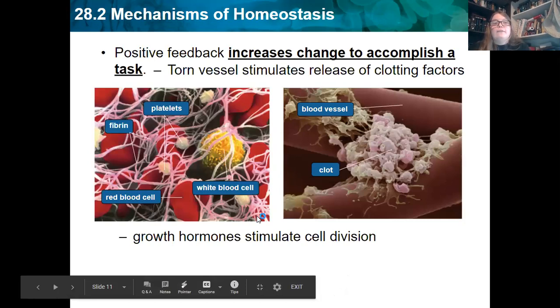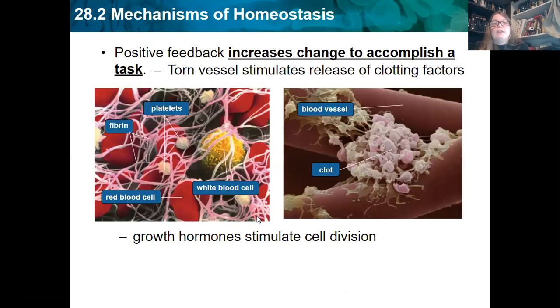Okay, so there's two kinds of feedback. There's positive and negative feedback. So positive feedback, we want to increase the change. So if something happens, we want more of that to happen. So when you bleed, like you got hurt, it detects that there's a leak in your circulatory system. So those few platelets clotting together will trigger more platelets to start clotting together because we want a bigger change